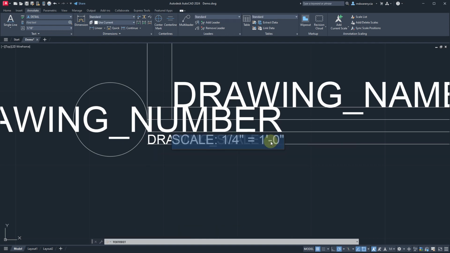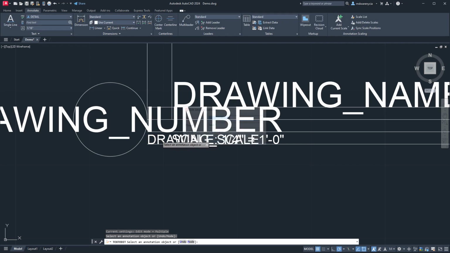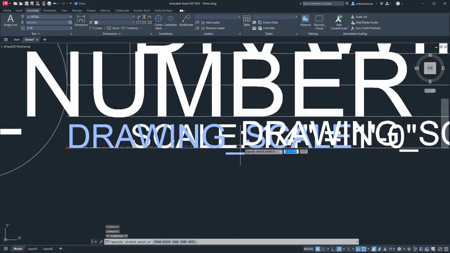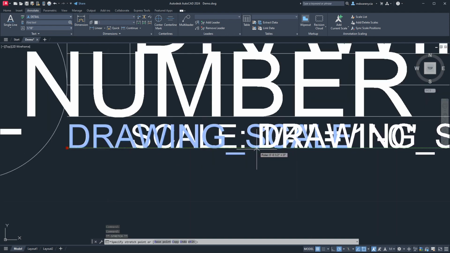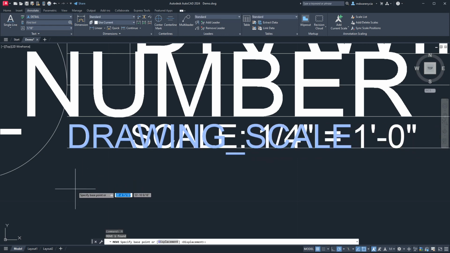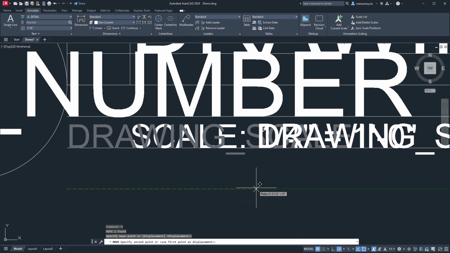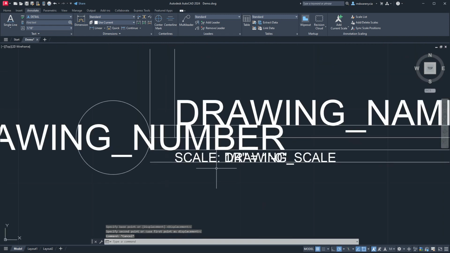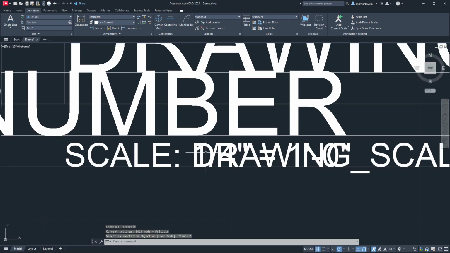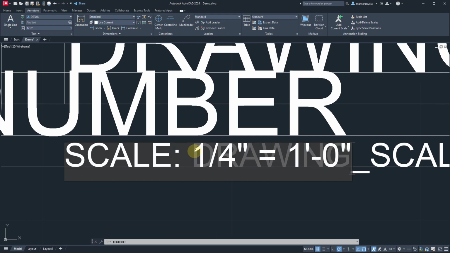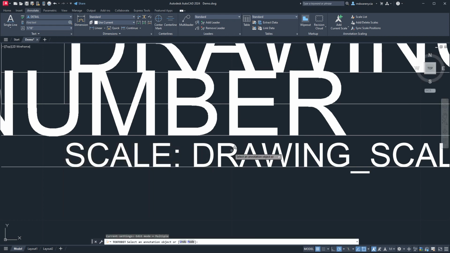So we've got the other label right here, right? It says 1/4 inch equals 1 foot. I want this to actually show up where this is, and I don't think I'm going to easily be able to do that. So just because there's trouble moving it, I'll manually move it so it's right there and hope we've got it about the right spot. And then I'm going to edit this scale and take the actual numbers out, right? So this part of the text will be fixed. It won't change because this is always going to be the scale. And then, oops, hit escape. So this scale label will always be here, and then this will be where you set 1/4 inch equals 1